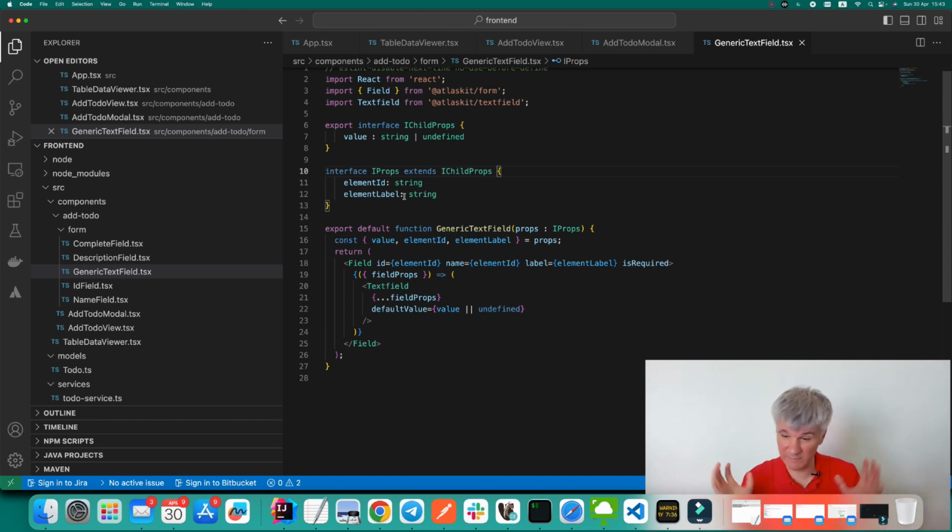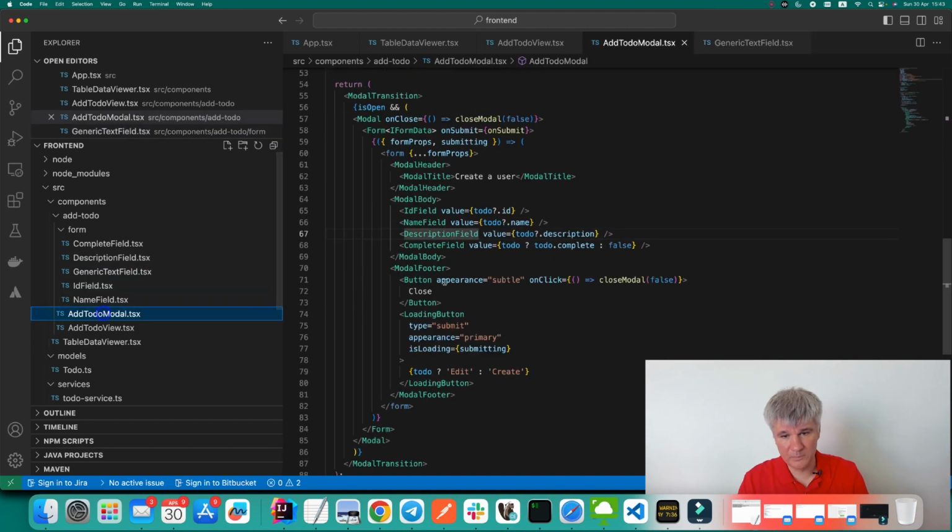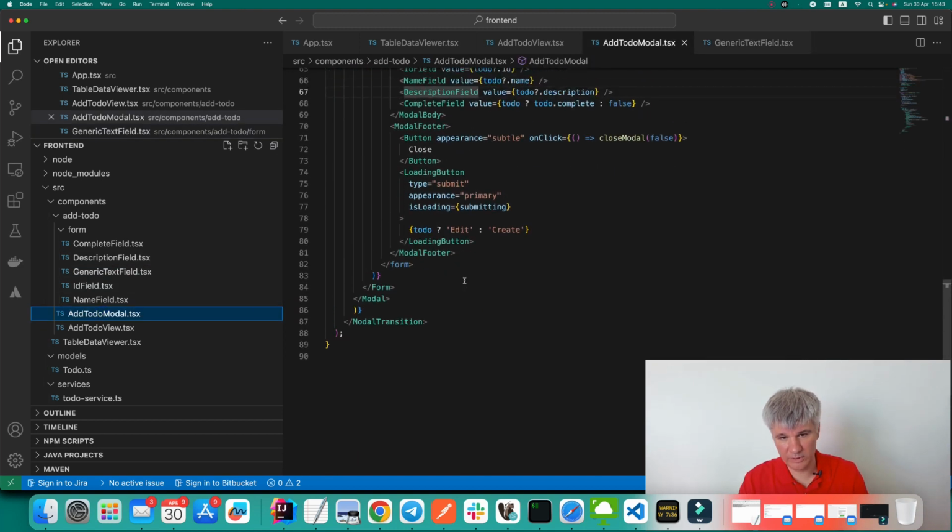Of course, I could put everything into the same file, but again, I don't like to do it because the code starts to become unreadable. The more text you've got in a file, the more complicated it is to understand what's going on in this file. Okay, so, and then when I push,